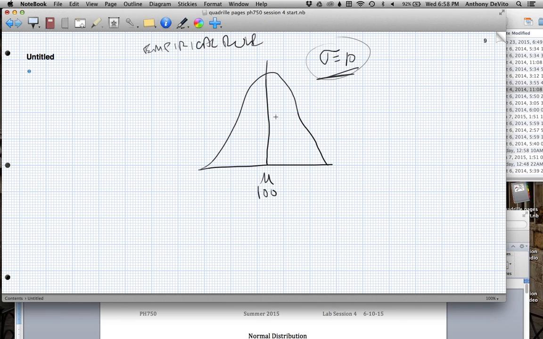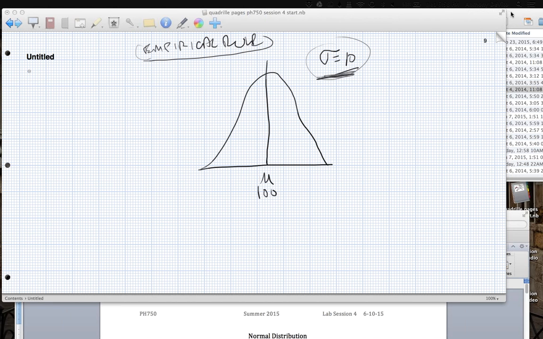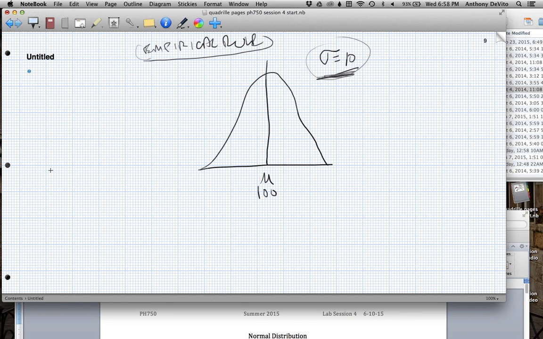Okay, so at any rate, this sigma, this standard deviation, represents the spread. And we have something called the empirical rule. The empirical rule tells us that there's something that all of these normal distributions have in common, no matter what the mean is and what the standard deviation is. Let's say I had another distribution that had the same mean, and the mean was 100, right? Except this one, the standard deviation is equal to 5. What would that look like? Well, the mean's in the same place, but it's going to be narrower,